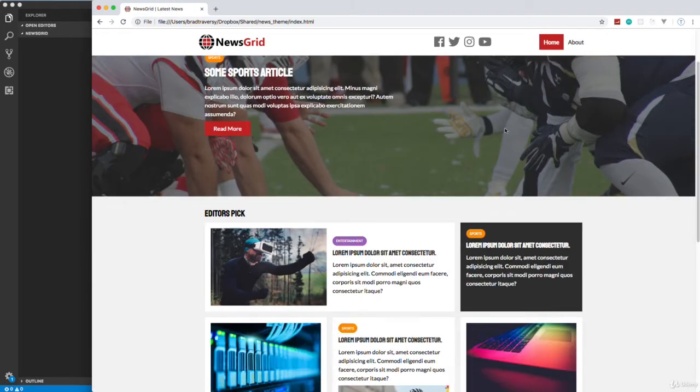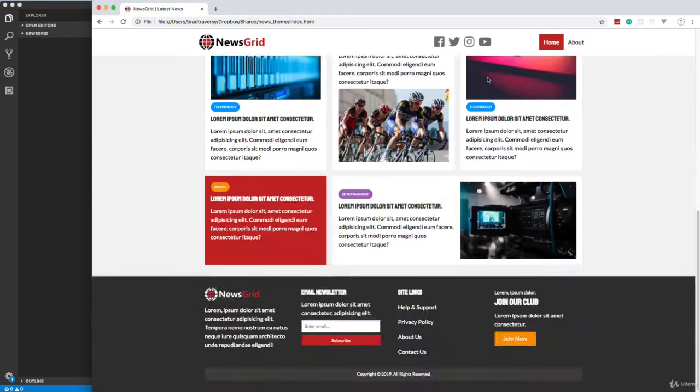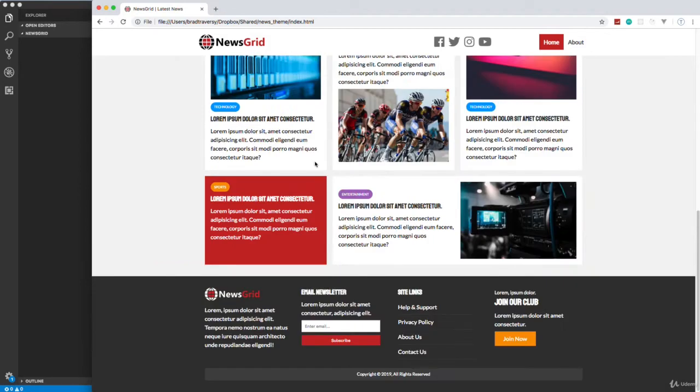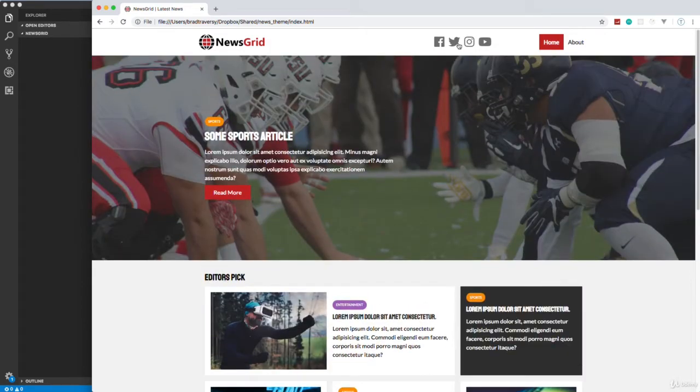I'm just going to go through this real quick. So we have a nav bar that's sticky, so it sticks to the top wherever we go. And this logo here is just something that I created in Photoshop. Well, I took an icon, added some color to it, added some text, and I might add on a bonus video showing you how to do something like that in Photoshop. I also created a light version down here to be placed on dark backgrounds. So we have the nav bar, we have some Font Awesome social media icons here, we have our links,